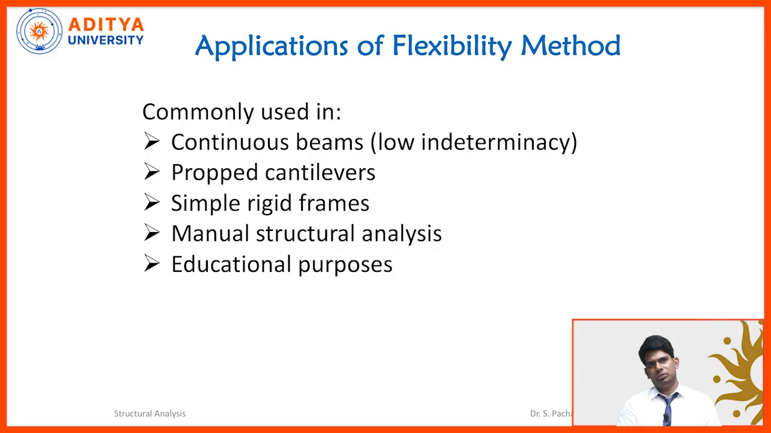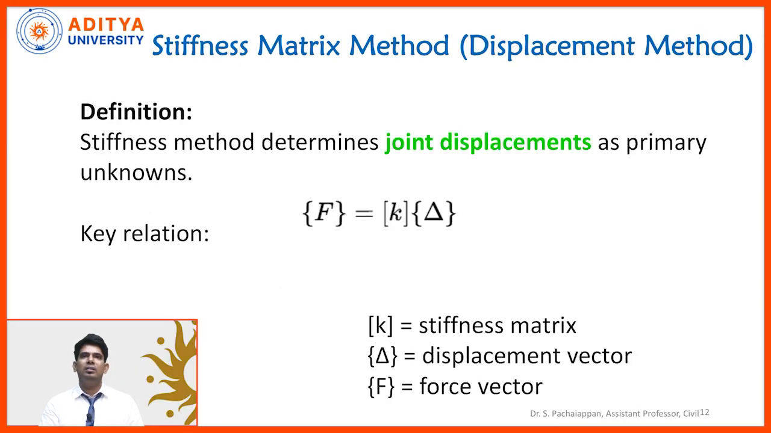And where it is used: simple continuous beams with low indeterminacy, where the number of unknowns is limited. Generally used for a propped cantilever because the number of unknowns is 1 only. Simple rigid frames, we can apply the flexibility matrix method. Manual structural analysis, we only discuss in structural analysis subjects. It's not used in any complex problems, basically for educational purposes. So now we have completed what is meant by the flexibility matrix method, its various applications, limitations, flexibility coefficients,